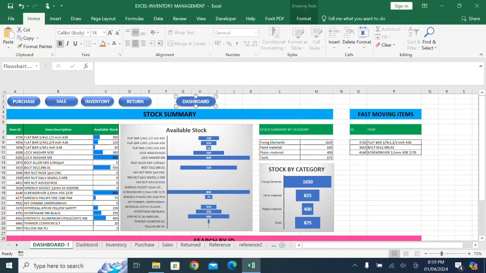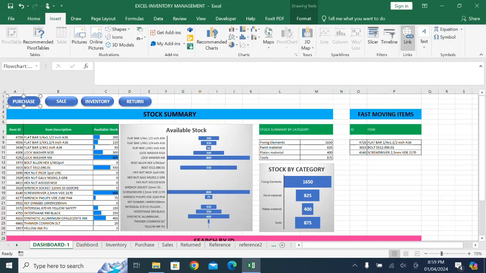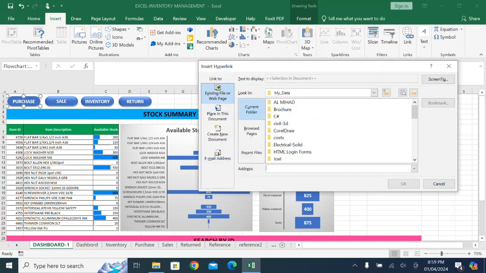Or maybe I don't want this one. We'll create a different one. Okay, I'll remove this thing. Now I just wanted to give the link. So what I'm going to do, select the purchase, click on this purchase, then you can go to insert and you can see here the link. When you select the link, you will get the insert hyperlink. From here you have to select